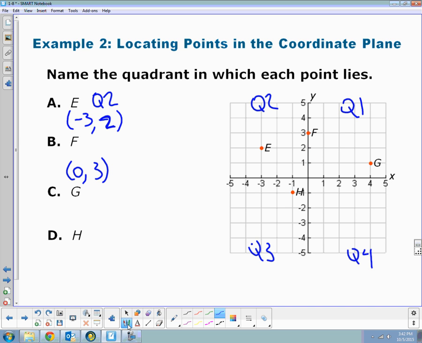That's a tricky one. A point technically has no width. It does not have any width at all. Even though we look at point F and it looks like it has a little bit of back and forth on it, it doesn't technically have a width, which means it can't be in quadrant 1